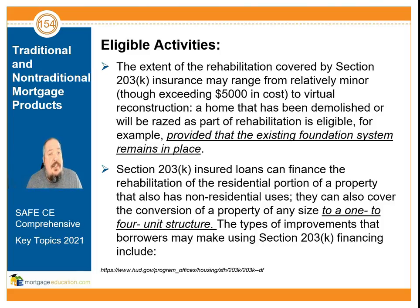Section 203K insured loans can finance the rehabilitation of the residential portion of a property that also has non-residential uses. They can also cover the conversion of a property of any size to a 1 to 4 unit structure. The types of improvements that borrowers may make using 203K financing are going to include